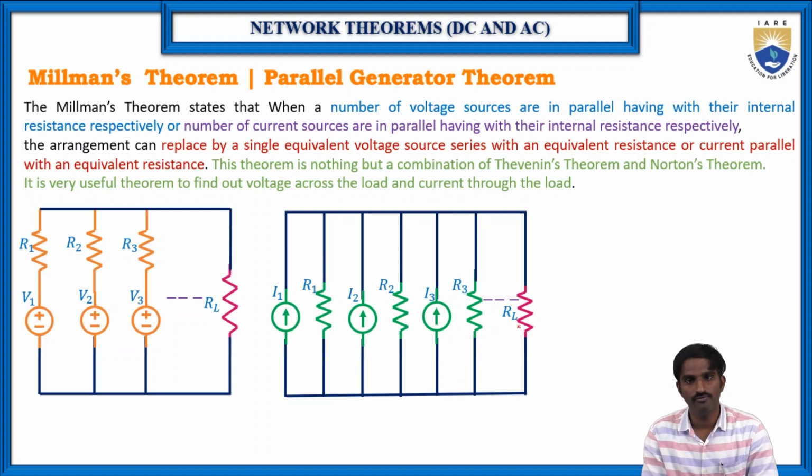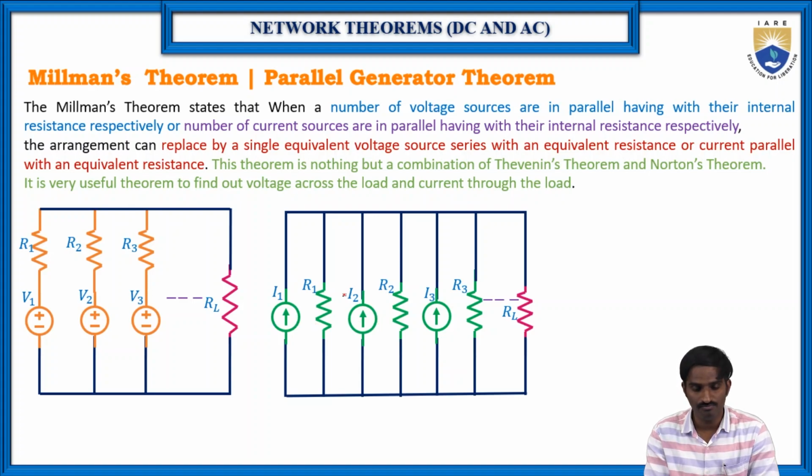So here these two are different circuits, because circuit 1 has only voltage sources connected in parallel, and here these are current sources, and the current sources are also connected in parallel to the load resistance. Now we are going to find the current flowing through the load resistance by using Millman's theorem. According to Millman's theorem, as you can see in the statement, the number of voltage sources are in parallel having their internal resistances R1, R2, R3 respectively, or if the number of current sources are in parallel having their internal resistance,